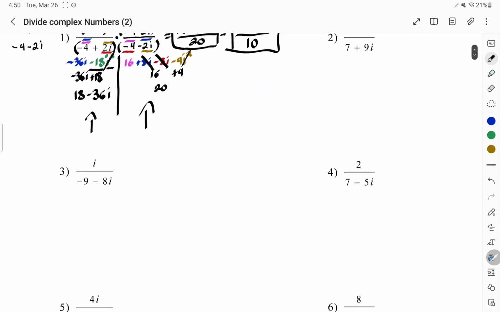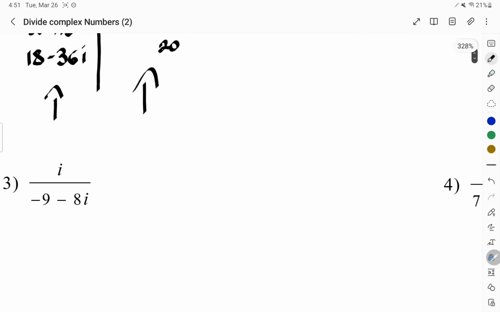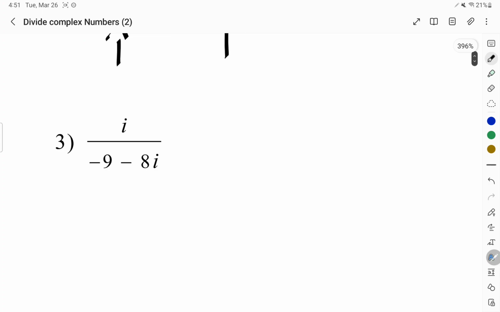All right, let's go ahead and do another one. Now, I don't want the video to be super long, so let's do this one a little faster and then do one of the really hard ones. The same thing, we're going to start with the conjugate. So the conjugate is going to tell you that you're going to have to multiply